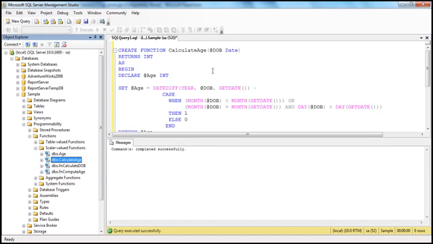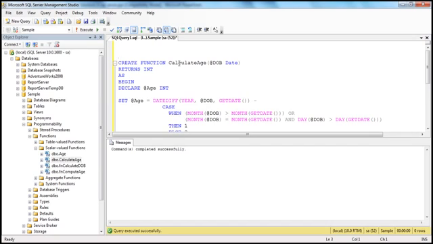sample.dbo.calculate age. Now remember, to invoke a scalar user defined function, you need to specify at least the two-part name. Now let's invoke this function. To invoke it, just like how we have invoked get date and power and square functions, we do it the same way, but we need to use a two-part name. Let's understand that. Let's say my date of birth is October 8, 1982. Now look at this. I'm just saying select calculate age,